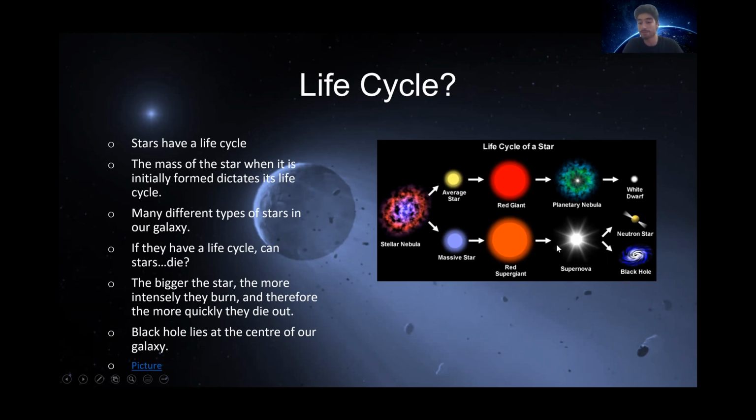Supernova is a massive explosion, and that massive explosion leaves behind either a neutron star, which is extremely dense, or a black hole, which is actually what we have at the center of our galaxy. And we don't know much about black holes, but that's a different topic. It's really, really cool stuff. I encourage everybody to go look up a little bit about black holes. It's amazing. But if you have a more average star, like our sun, for example, then you become a red